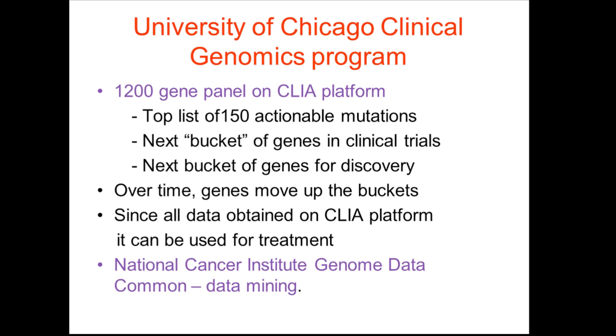Maybe we find 10 cases in the genome database which have exactly the same mutation. Okay. Now we begin to say, this can't be just any passenger mutation. The likelihood that by chance it occurred in 50 other breast cancers is very small. Then we can go back and look at the clinical features of those patients and maybe define a subgroup, and then maybe develop a drug